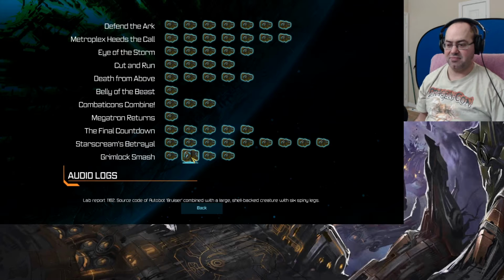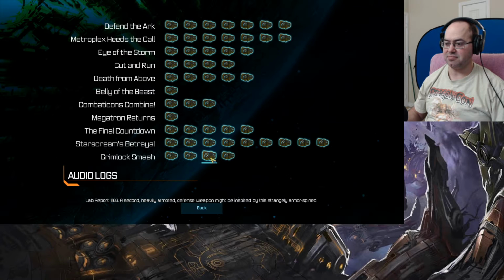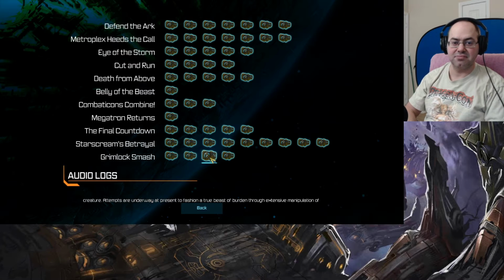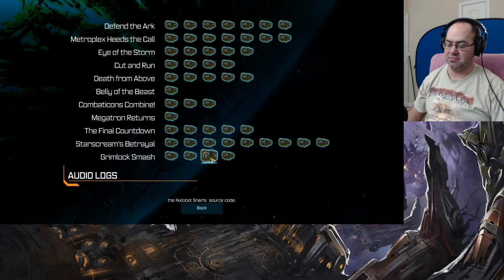Lab report 1162. Source code of Autobot Bruiser combined with a large shell-backed creature with 6 spiny legs. The natural curves of the creature's exoskeleton are stunning in their elegance. Together with a seemingly innate attack instinct, this hybrid species should prove formidable indeed. Lab report 1166. A second heavily armored defense weapon might be inspired by this strangely armor-spined creature. Attempts are underway at present to fashion a true beast of burden through extensive manipulation of the Autobot Snarl's source